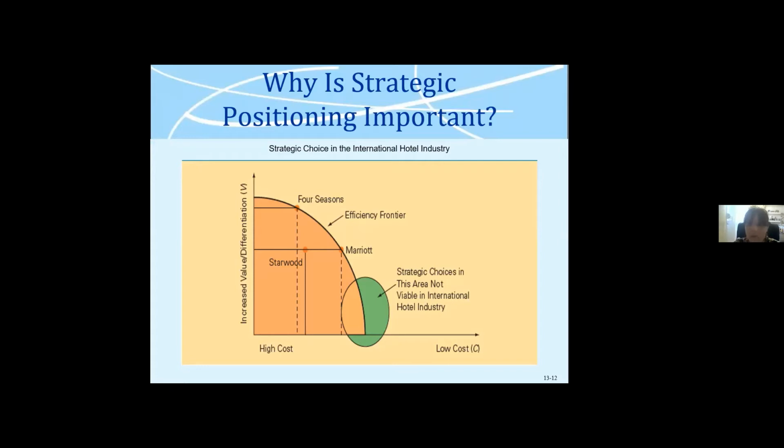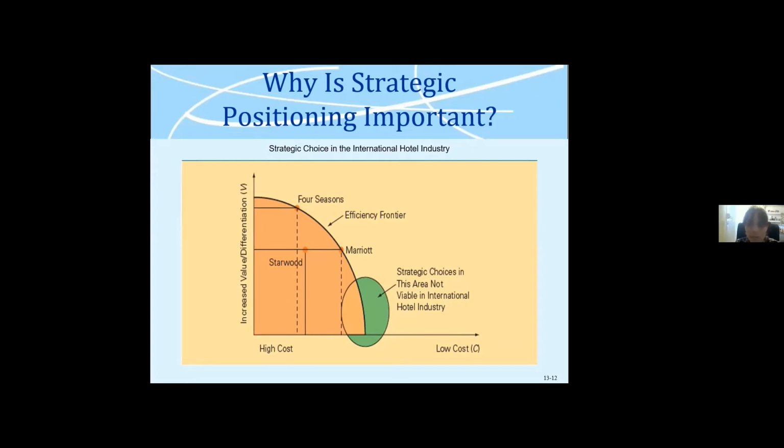The efficiency frontier has this convex shape because of diminishing returns. Diminishing returns imply that when a firm already has a significant value built into its product offering, increasing value by a relatively small amount requires significant additional cost. Moreover, the converse also holds: when a specific firm already has a low cost structure, it has to give up a lot of value in its product offering to get additional cost reduction.